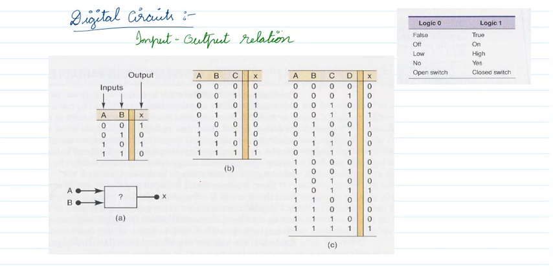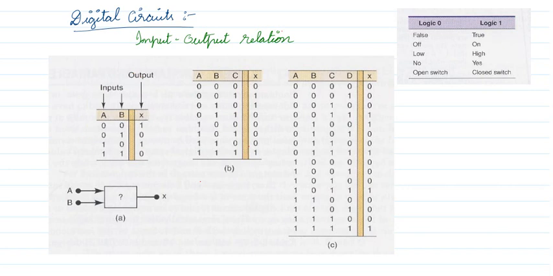In most digital circuit design, we know the input and output relation. This is given by the truth table. If you take this table, A and B are the inputs, X is the output. So we have two inputs. A can be 0 or 1. Similarly, B can be 0 or 1. So what is the total possibility? 0 0, 0 1, 1 0, 1 1. So four possibilities are there. If it is 0 0, output should be 1. If A is 1, B is 0, output is 1. For the other two cases it is 0. If this is the condition, we have to implement the digital circuit.